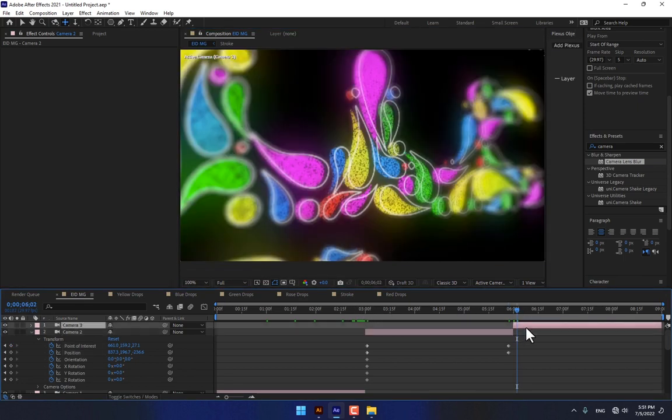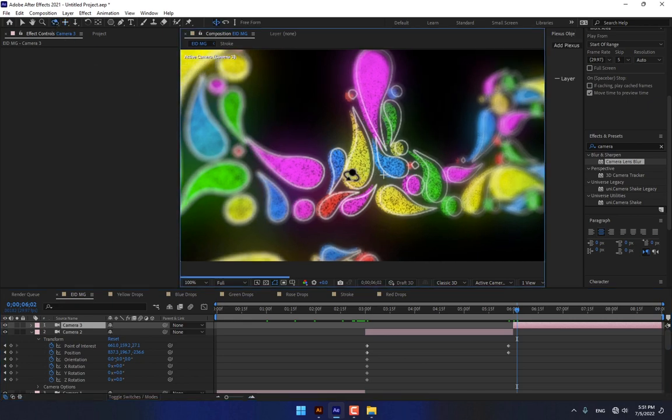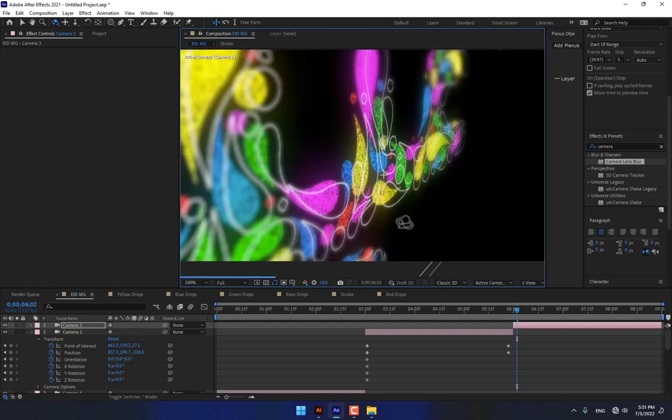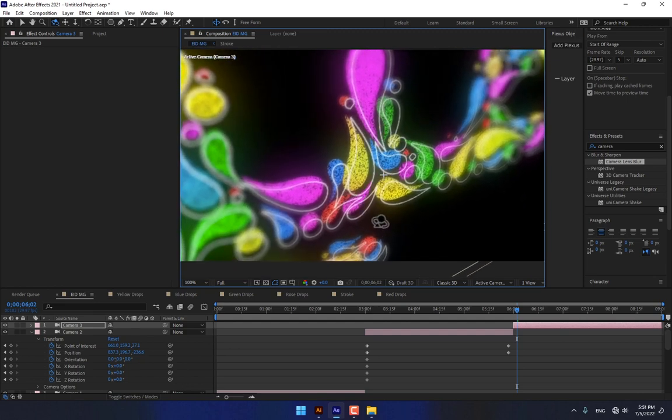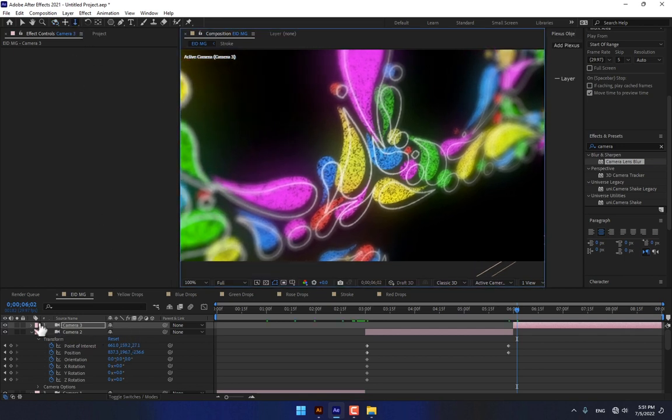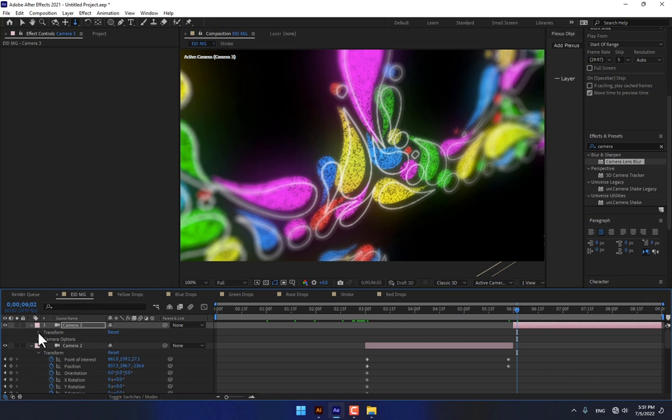Okay, and there is the last third camera, orbit, little bit zoom, and open camera, transform,